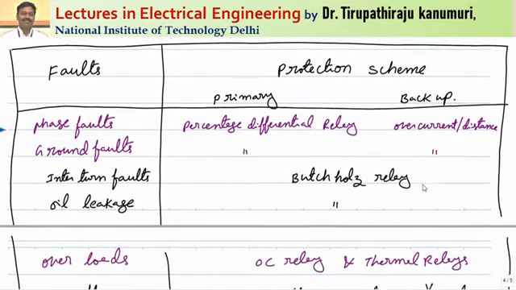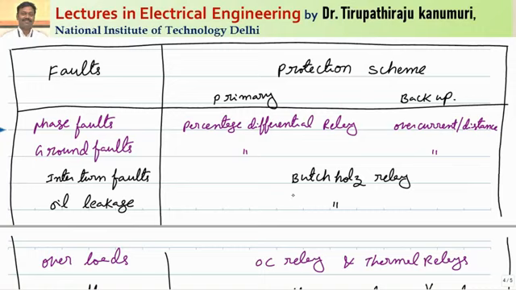Now coming to the faults and the different types of schemes that are used. For the phase faults, we can go for a percentage differential relay, or as a backup protection we can go for overcurrent or distance protection. Similarly, for internal ground faults we can go for a percentage differential relay, while external faults will be taken care of by overcurrent or distance relays. Now coming to inter-turn faults and oil leakage, these are called incipient faults. That means very small faults, and they cannot be detected by the differential protection.